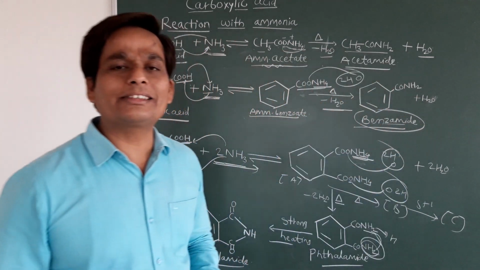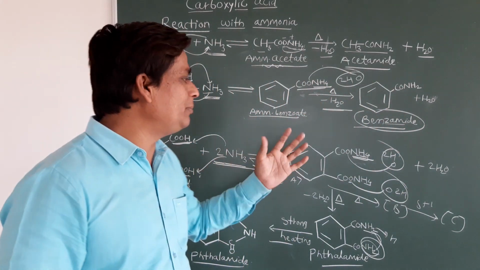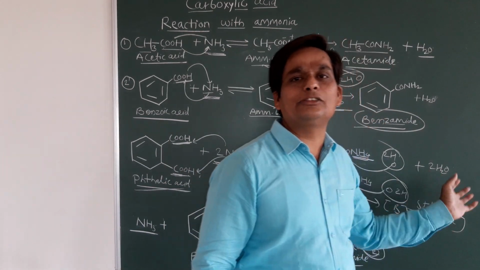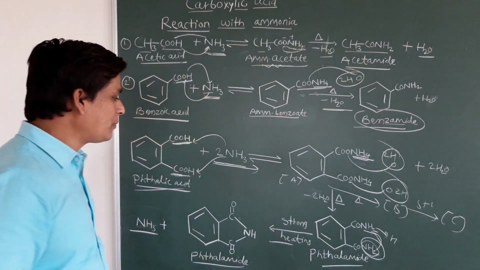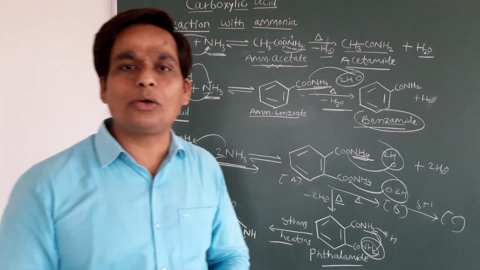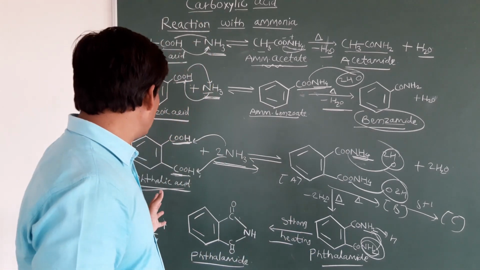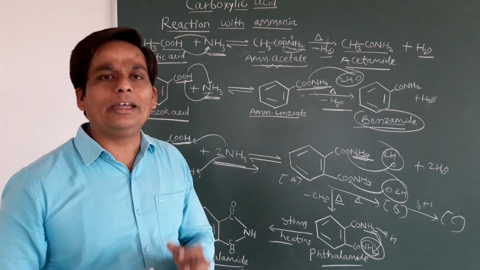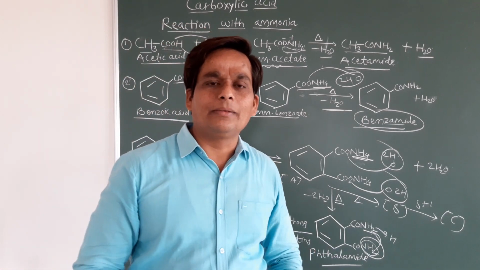So in the JEE exam, how will they ask the question on the same reaction? They will ask: identify the product C in the series of reactions. Okay, so which is the product? This is phthalimide. Now clear students? So here ammonia is liberated and we will get a phthalimide. Okay, so now we will see another reaction.